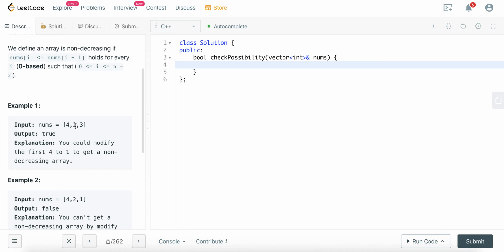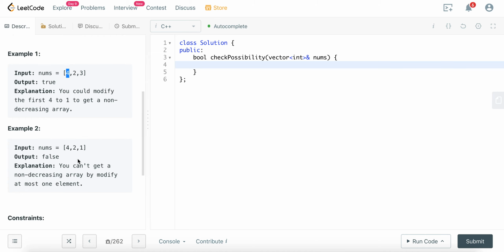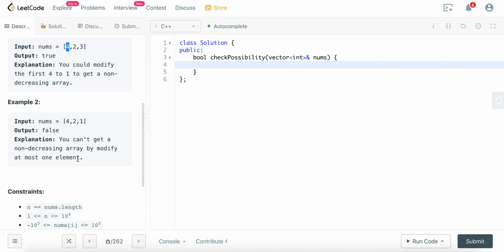For example, if we're given 4, 2, 3, we can modify this 4 to 1, then it will become a non-decreasing array. Let's look at another example. If we have 4, 2, 1, this doesn't hold. We can either change 4 to a smaller element or change 2 to a larger element. But then again, even after we made that modification, the whole array is still not